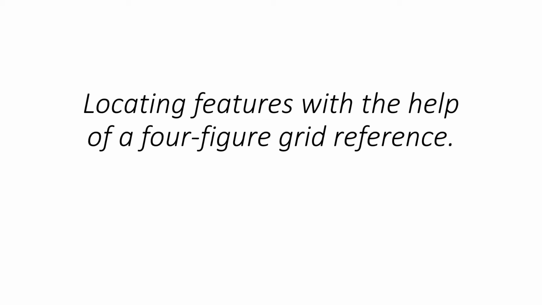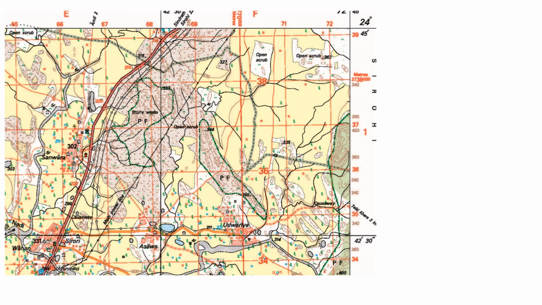In today's class, we will learn how to find out the four-figure grid reference of a place or a well or any land features or whatever is asked in the question. So this is one topo sheet, I have taken a piece of a topo sheet. In a four-figure grid, it says four figures. So it is having four figures. The first two is easting and the second two is northing.